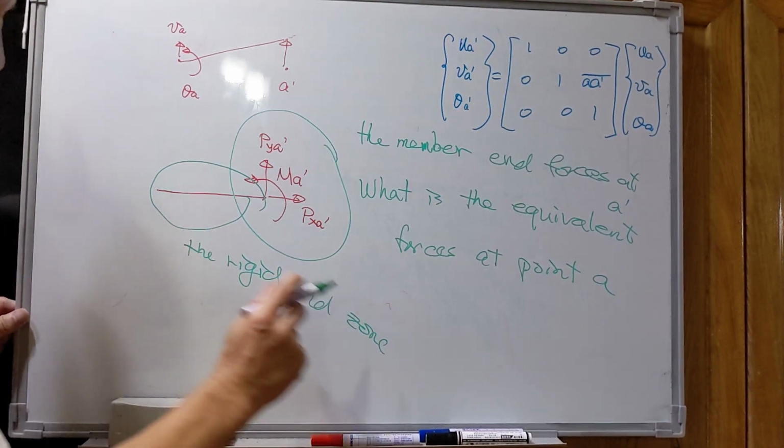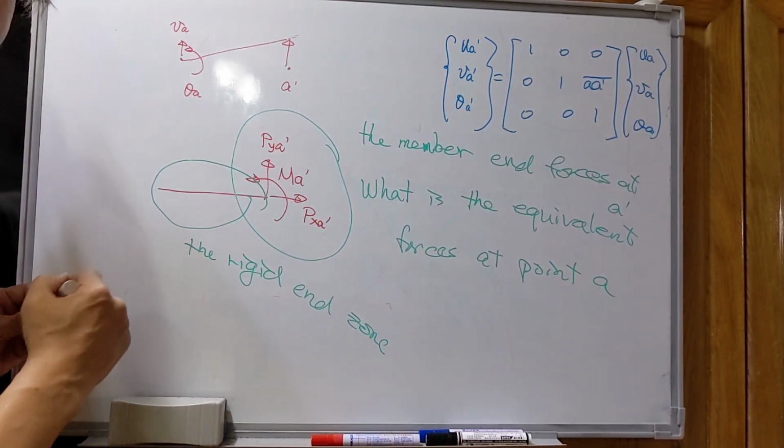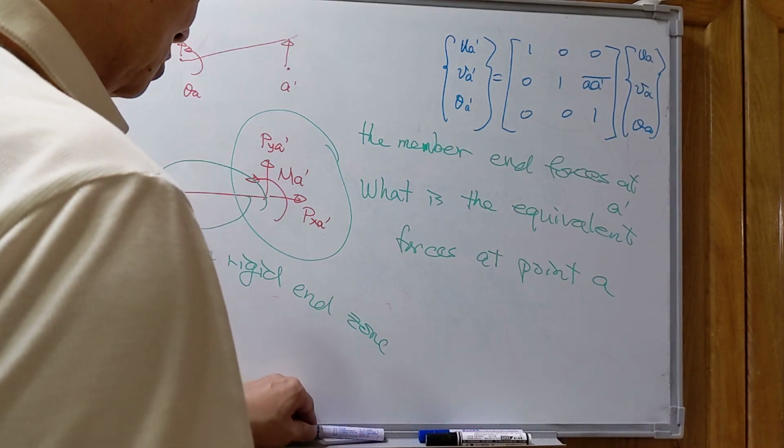Since we know from the A to the A prime, it is the rigid end zone, so we can